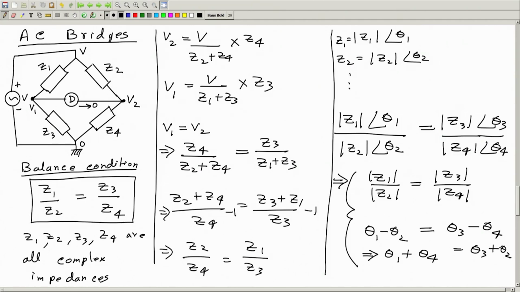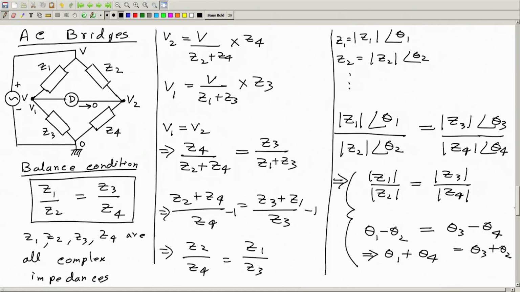So, the angle of opposite sides 1 and 4, the angle of this and the angle of this, the sum of these two angles should be the same. So, the sum of opposite angles should be the same. Theta 1 plus theta 4 should be the same as theta 3 plus theta 2. This is one condition and this is another condition. Now, this is the balance condition,